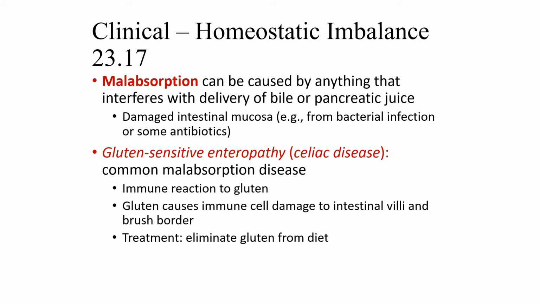So you don't have proper digestion in the small intestine, therefore there's nothing to absorb. And what works best is just take gluten out of the diet. And that's what helps the most. So this ends